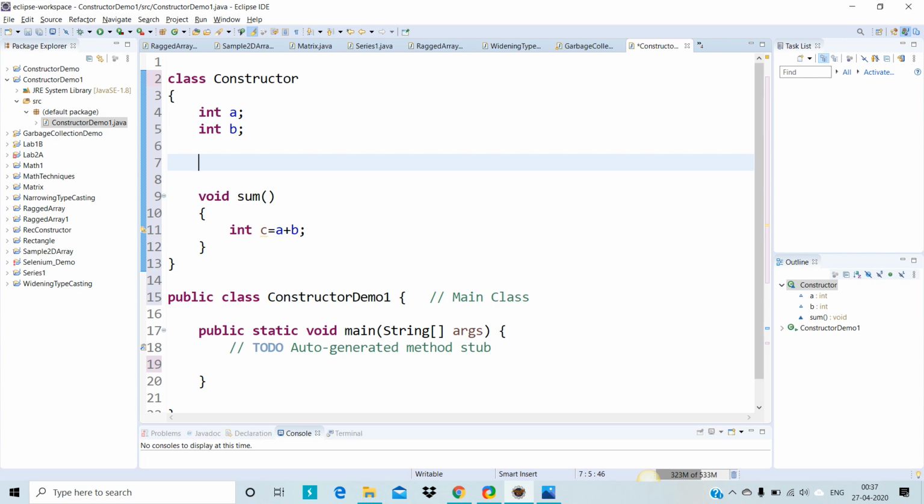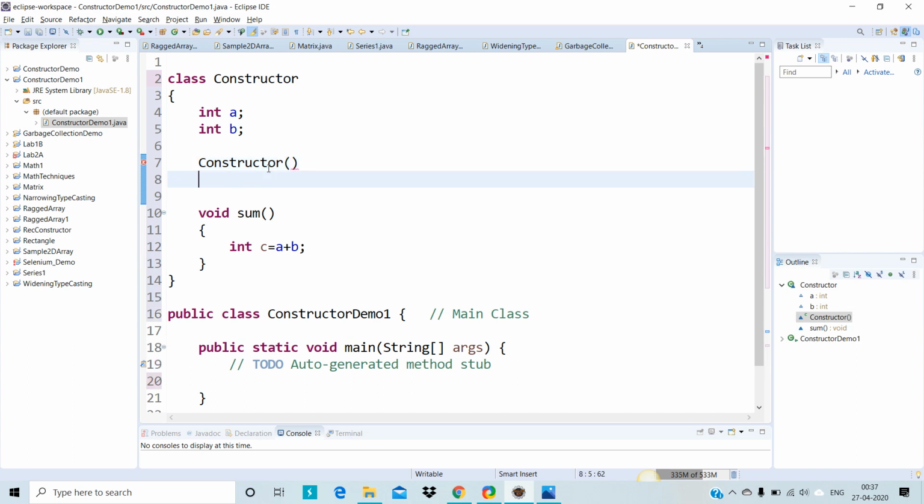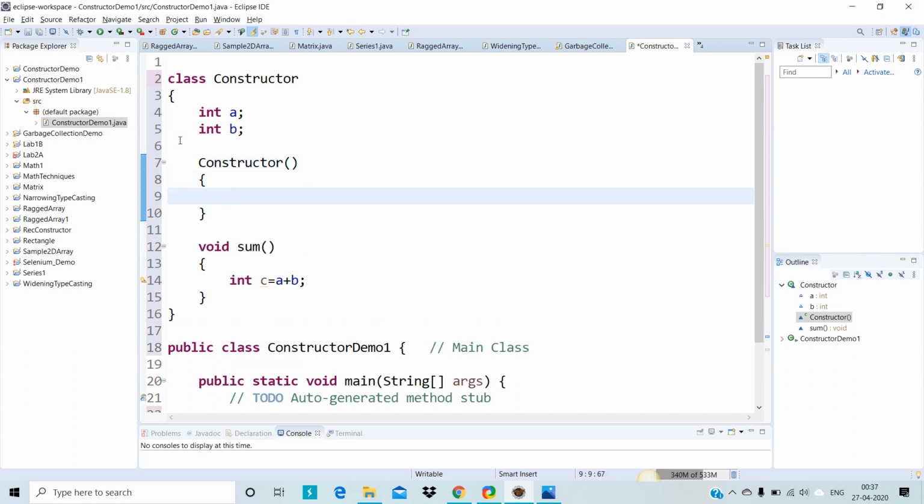How to create a constructor? What is the class name? Constructor, right? So copy this and paste it here. Constructor name and class name should be the same. We have to use parentheses for the constructor and open a bracket, and this is the constructor block.